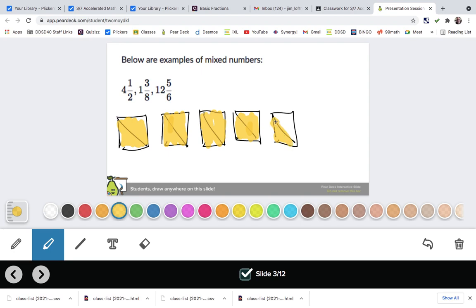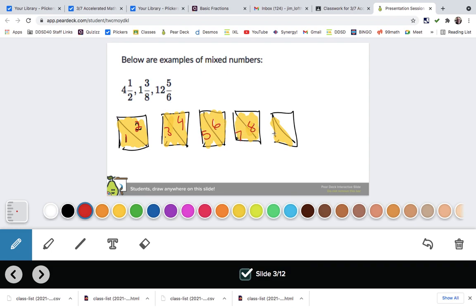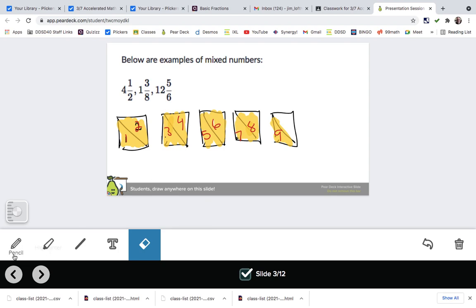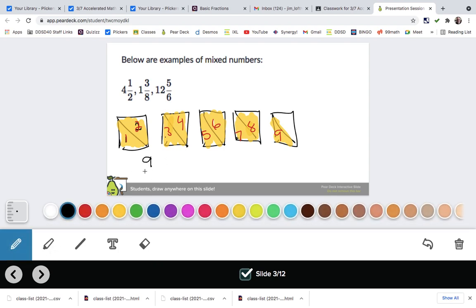So if I wanted to count these up, I could do this. 1, 2, let's go with red. 1, 2, 3, 4, 5, 6, 7, 8, 9. So that would be 9/4. Okay, so then for eighths,